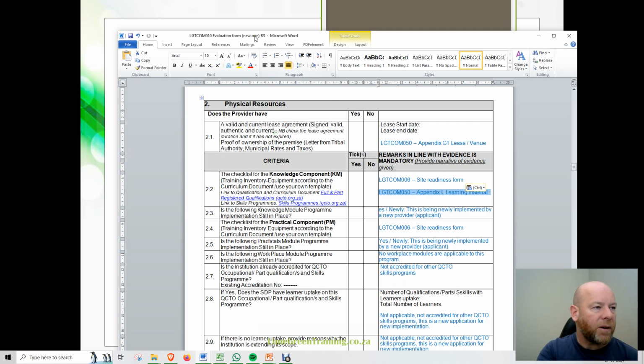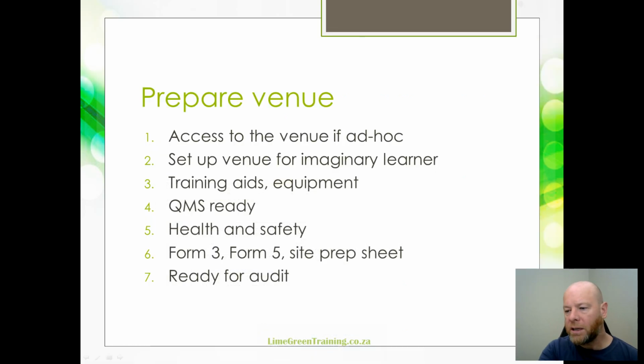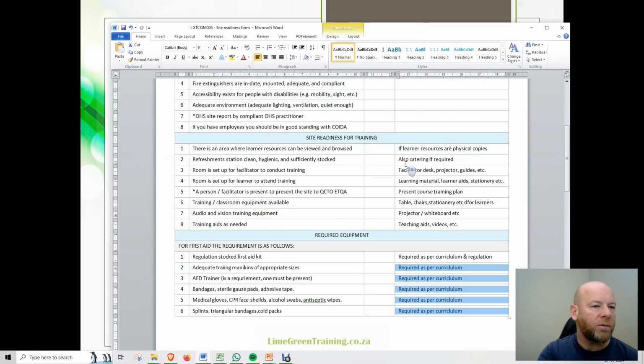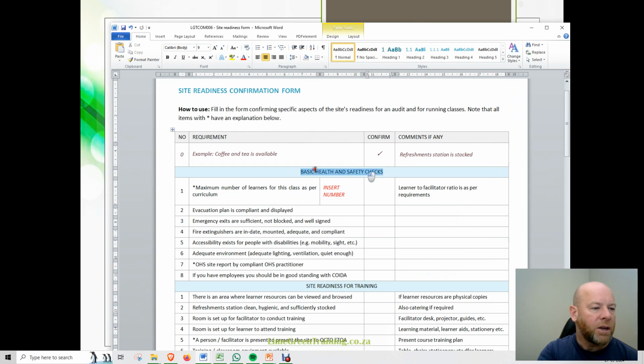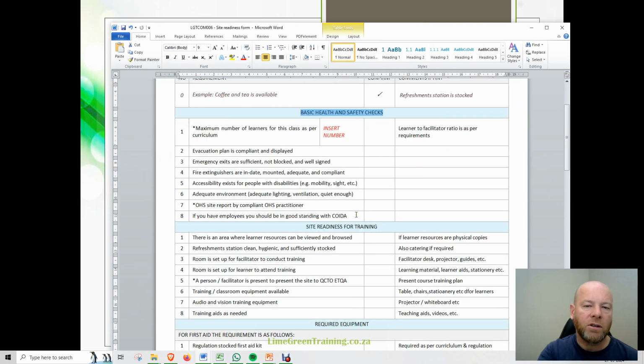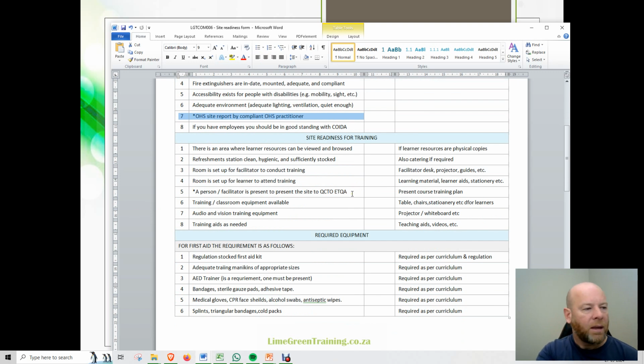So that's Form 5. This is what QCTO calls Form 5, the audit site evaluation sheet. Then I also include in the QMS and provide to clients a site readiness form that is just a quick rundown of what the components of your audit. So last minute health and safety checks. Obviously you're not starting your health and safety, you've already done a report, but this is just doing the last checks to make sure it's there. There's the report is there. Ensuring that there is